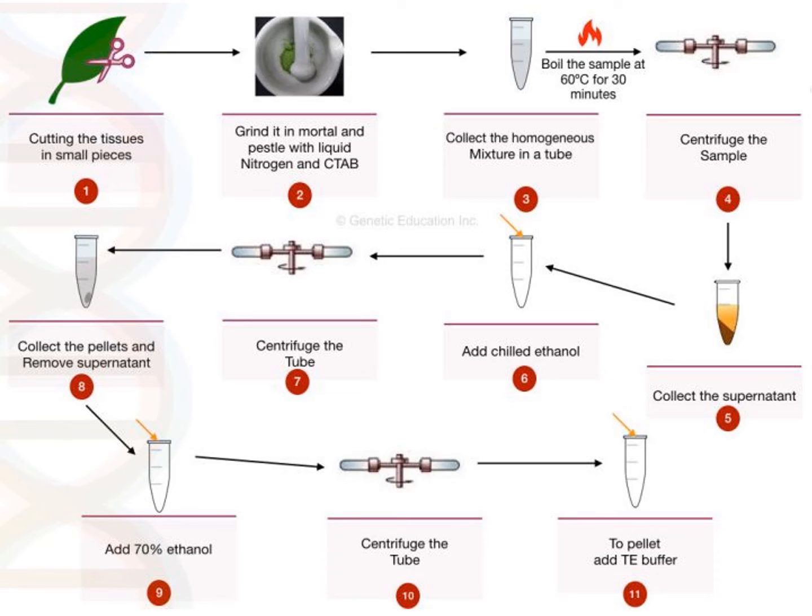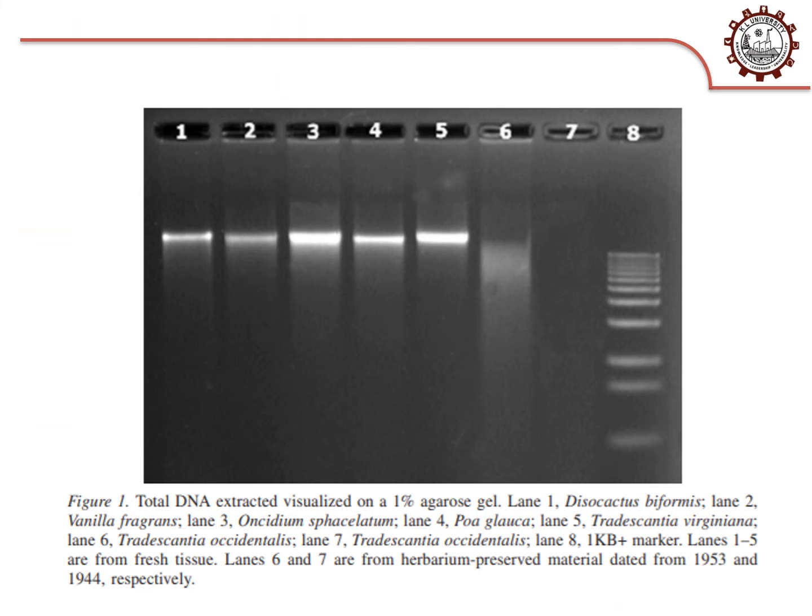After adding the TE buffer, we need to take OD at 260 nanometers. Now we have to run the sample on 1% agarose using an electrophoresis apparatus. After running the gel, we have to screen the gel. And this is an example result of a paper published by J. Hugo Christine and Kumari Ubhayasena, published in June 2006.